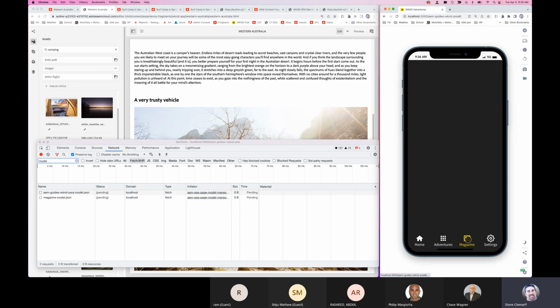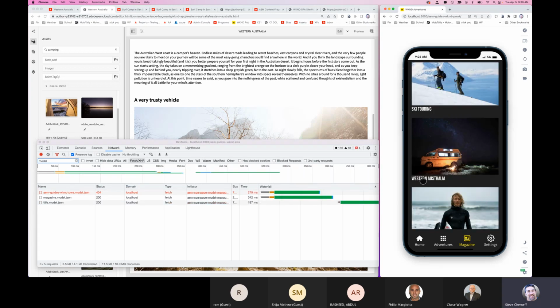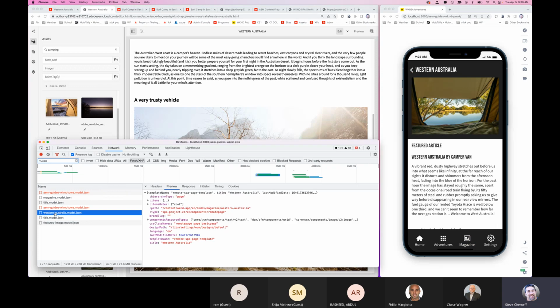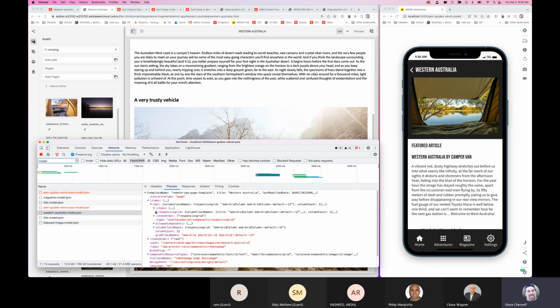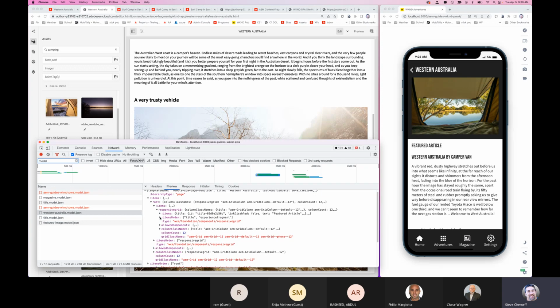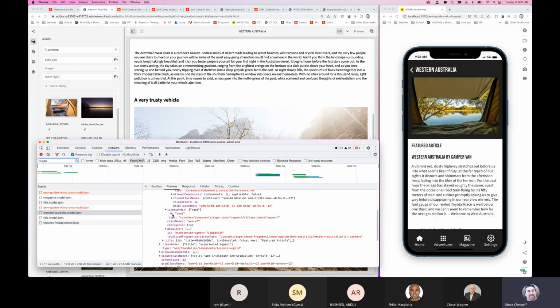So we'll go back to magazine and we'll click on Western Australia. If we take a look at this Western Australia call, what we're actually calling is the Content Services API in AEM, which is not a GraphQL call because it's not structured content, but it is a call to our Content Services API that's going to call this Western Australia page and return all of the items that are in it. So we have a title, we have experience fragment, we have various pieces within there,